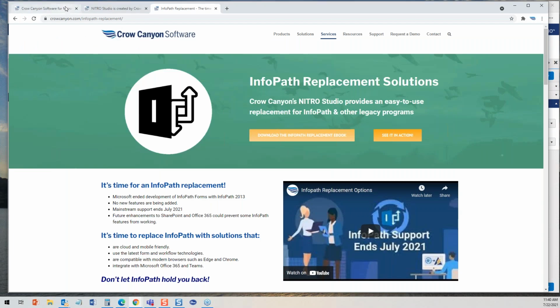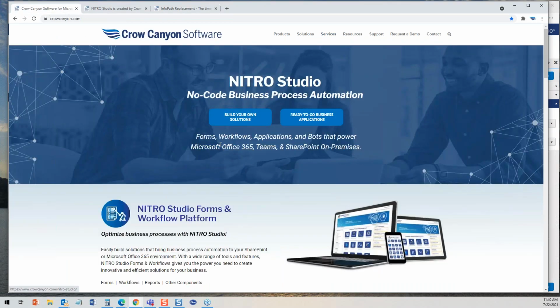And one is it says it right here, build your own solutions. What you have to do is, of course, get a hold of our NITRO Studio, and we can talk about pricing for that. I know that's going to be a question that comes up. So, we'll talk to you individually. We don't like to shout it out in the middle of a webinar because everybody is different as far as,